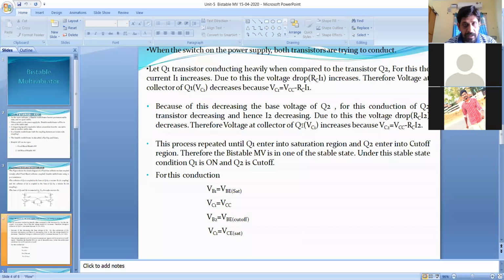This is Q2. Sorry, this is Q2. Don't write Q1. This is Q2, this is RC2. What happens? The voltage at VC2 increases. Therefore, this process is continuous until